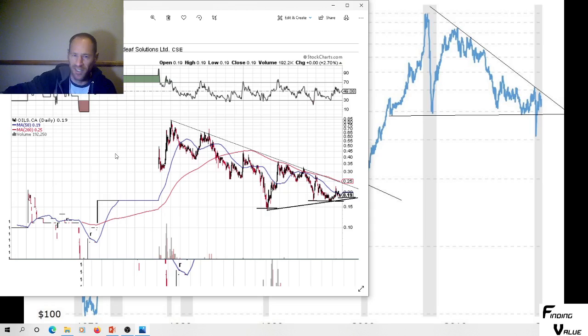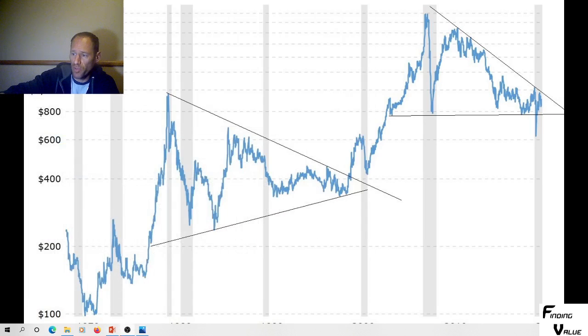Are you kidding me? If you look and look and look, and you start looking at these things over and over, what you notice is that they're all the same. Everything's like this. I don't know if it's an interconnected world, but this chart looks exactly like this chart to the T. When I was looking at SM Energy, if I pull this back up,